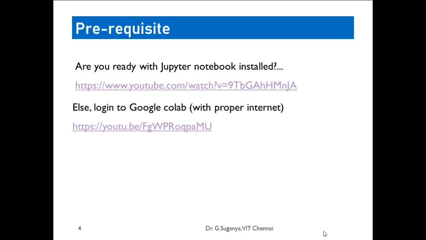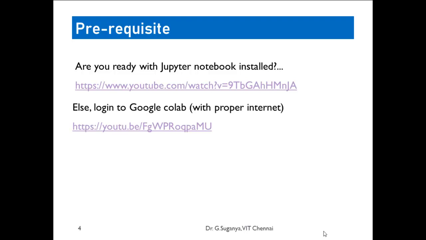If you don't have a system with enough processing speed, you can very well use Google Colab, which is a cloud-based collaborative laboratory given by Google. Keep in mind the processing and the data storage will be part of Google, and you are not supposed to give any data that you think is confidential.